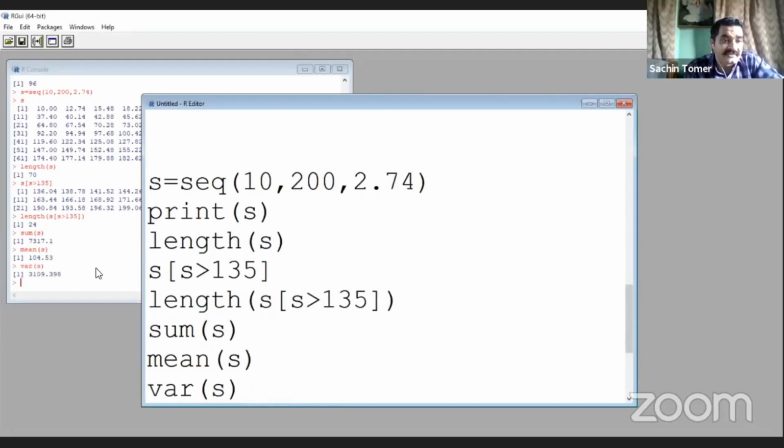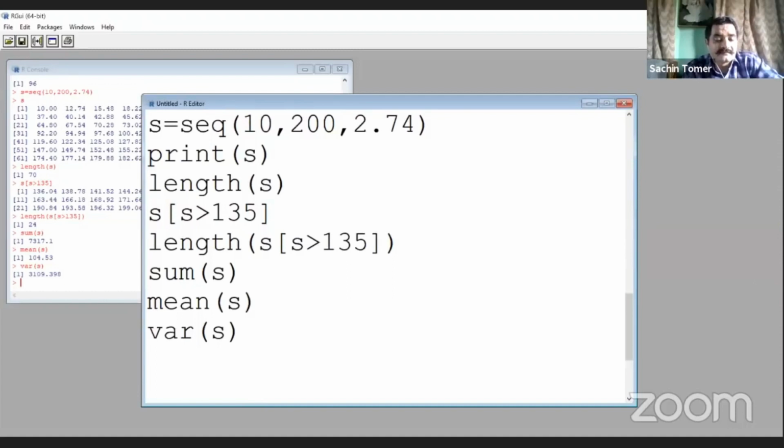So variance is 3109. And if you want to check out the standard deviation, then there is a formula: standard deviation is equal to the square root of variance.